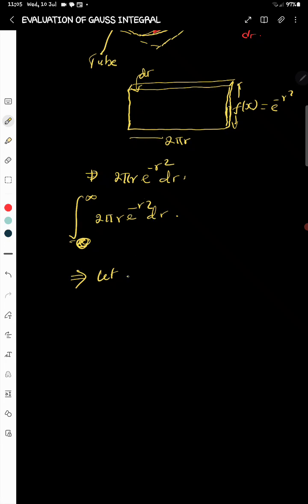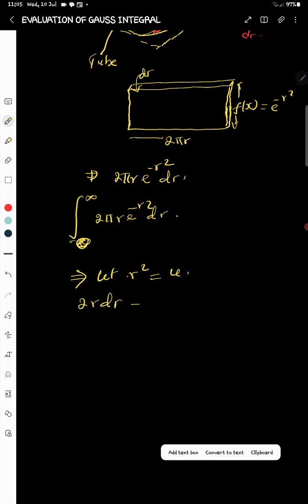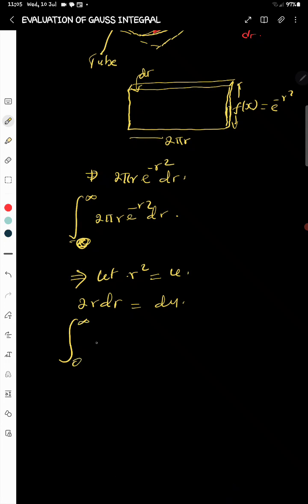So we let r squared be equal to u, so 2r dr is equal to du. So we are integrating from 0 to infinity, 2 pi times